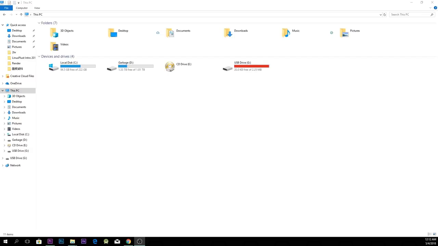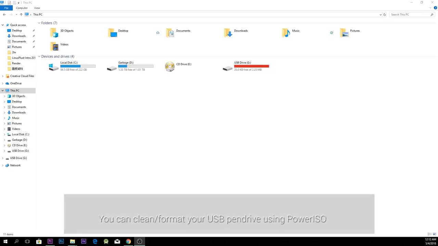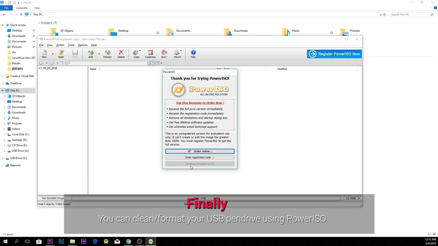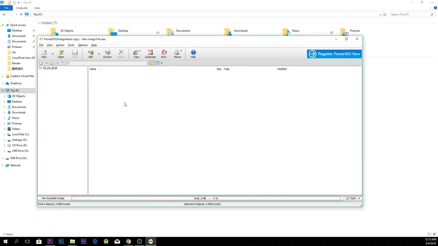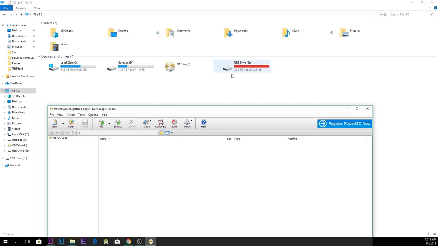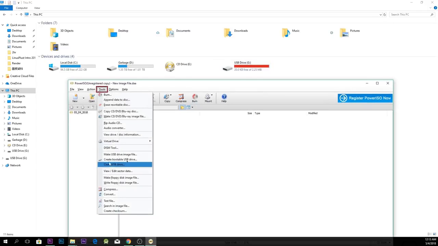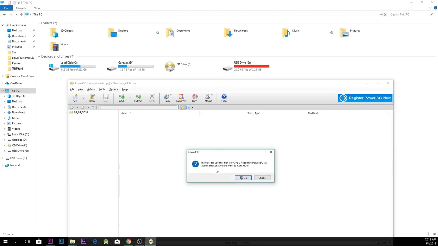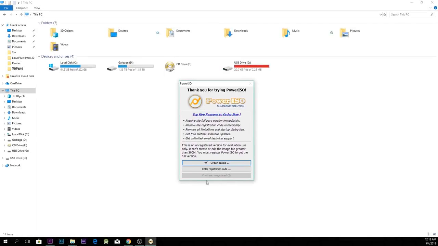So let's see how to fix your USB drive. For that you have to open PowerISO again. You can get PowerISO by searching for it here. I'm using Windows to do that, but you can also use Ubuntu, because PowerISO is also available for Ubuntu. I'm going to format this drive. Just select Tools and then Clean USB Drive, then hit OK, wait for a second and then continue on restart,